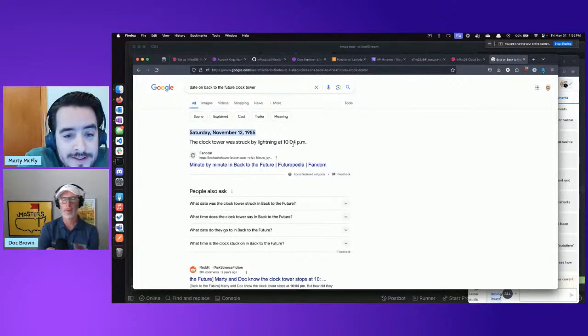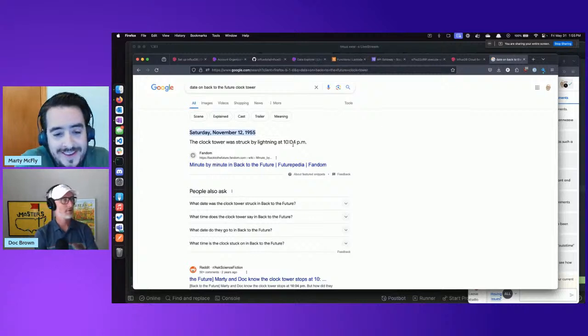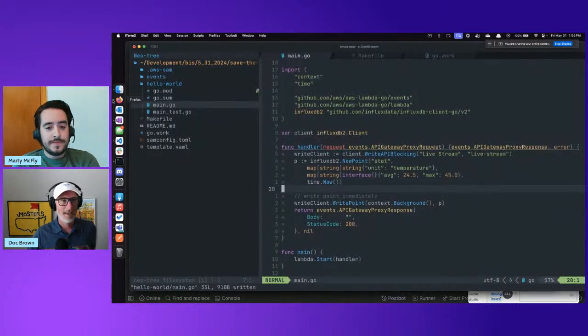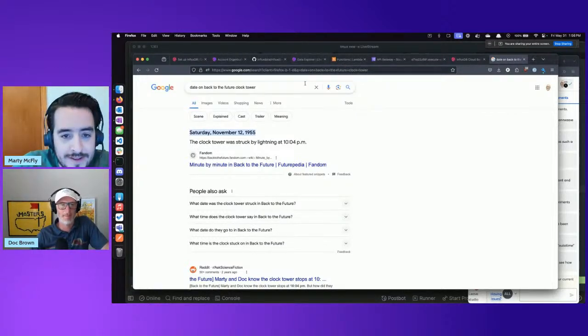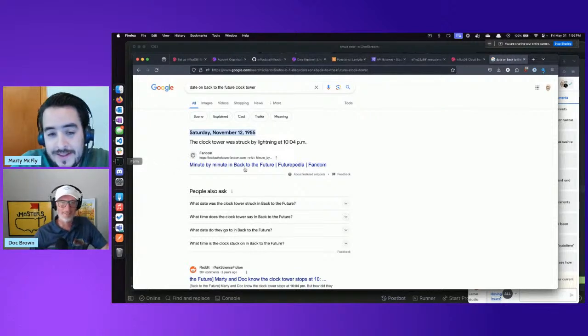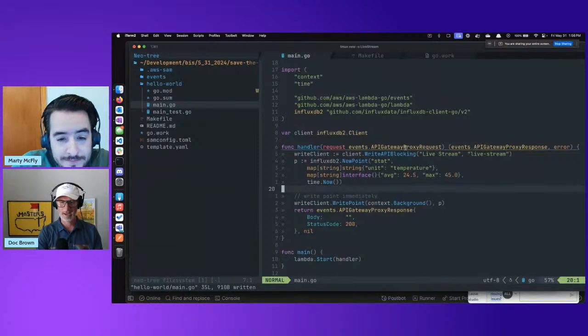So we need to be able to create some data. It probably won't let us. We can only store it, is it 30 days back? Oh, I see. So it's not data retention. I don't know. Maybe it is. But can I set the time to November 12th, 1955? I don't know that. What do you think?